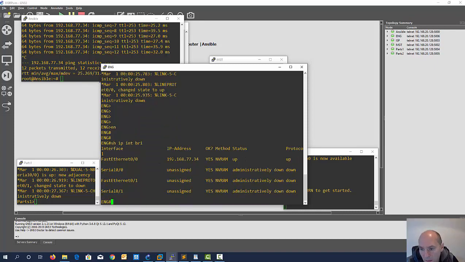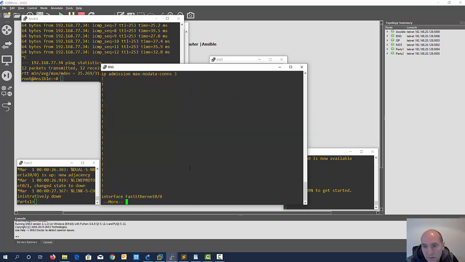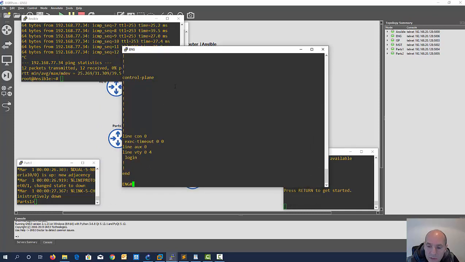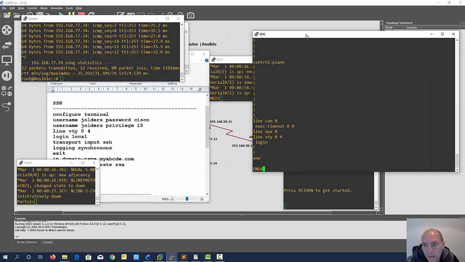okay, so here we've got the interface up, and we do a show run. You'll see that we've got really basic configuration on here, nothing much really to talk about. But one of the key things is that Ansible uses SSH to inspect and interact with the router. So you need SSH access. So what I've got is a standard